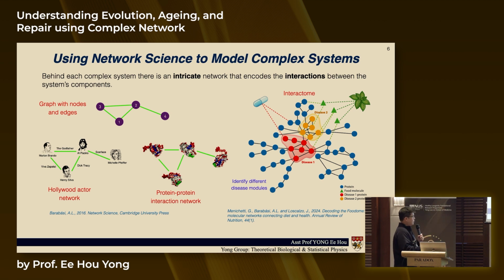If you put it into biology, for example, you could have a protein-protein network, and then you look at this kind of interactome, right? In this case, the nodes could be proteins, and the links will be some kind of links between the different proteins. From there you hope to discover patterns or clusters within these networks, to see how the different diseases are correlated with the different proteins in our body, for example.